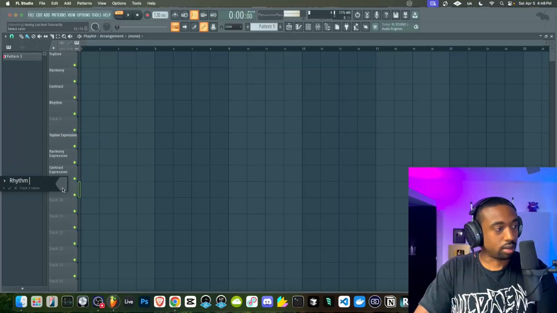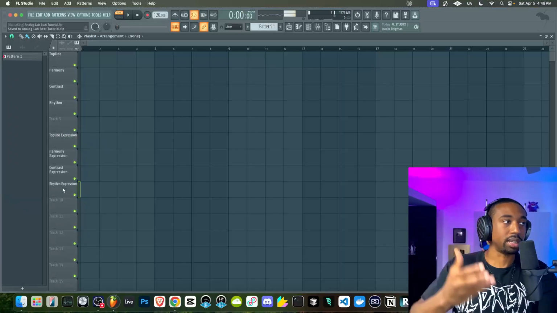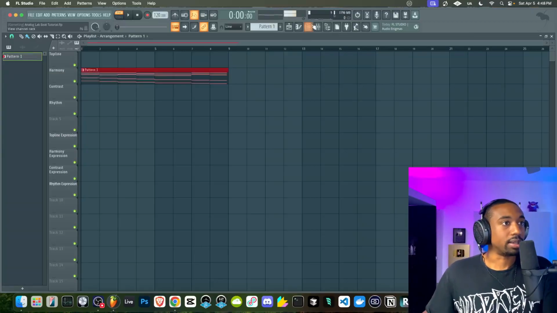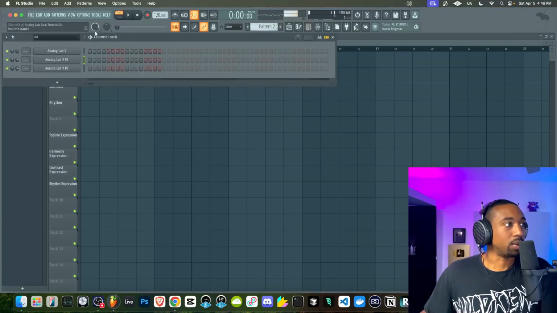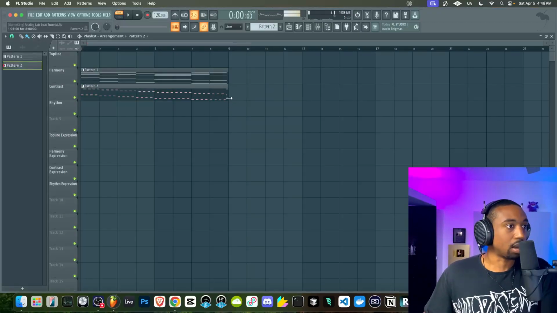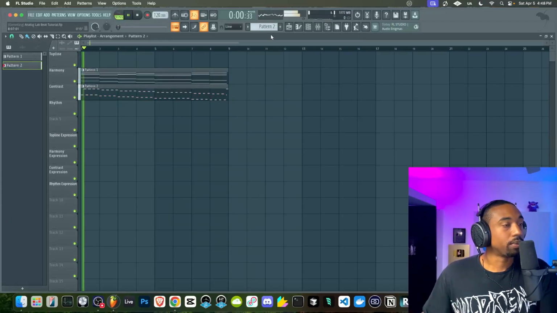Okay, and then you also have the rhythm expression layer. So whenever you need to expand your melody, you can categorize stuff in that way. This is an easier way to categorize sounds. A lot of people ask me what sounds are the right sounds because they don't understand the categories of the melody and the composition. Let's go to song mode.